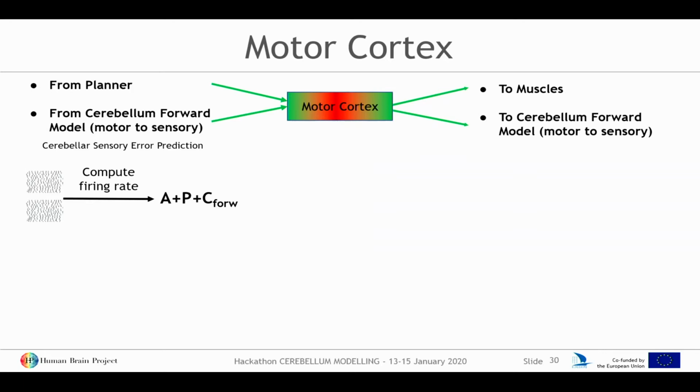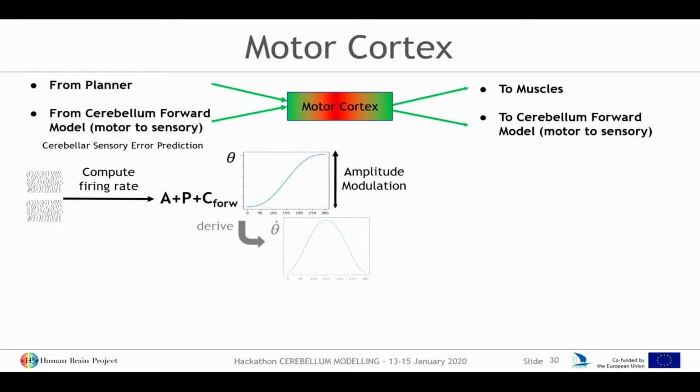So the spikes that enter encode the amplitude of the movement. For the 4 joints of the arm, we have a different amplitude of the movement that we need to perform, and according to the firing rate, we have a different amplitude that we want to perform. Then if we derive 2 times, we obtain the accelerations that are needed to perform